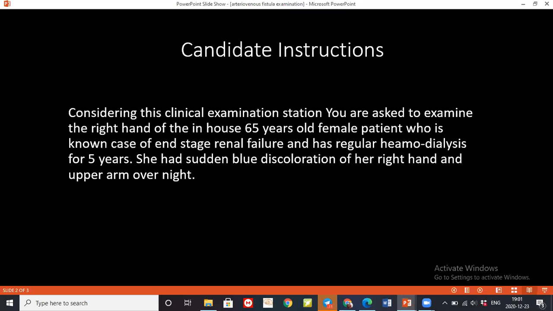After entering the room, I'll wash my hands and introduce myself to the patient, confirm the name and date of birth of the patient. Then I'll take permission from her to examine her by looking, feeling, and moving the arm and hand. And I'll request and help her for exposure of both upper limbs and chest area. I'll ask for a chaperone also to be present there, and I'll ask the patient to keep both the hands